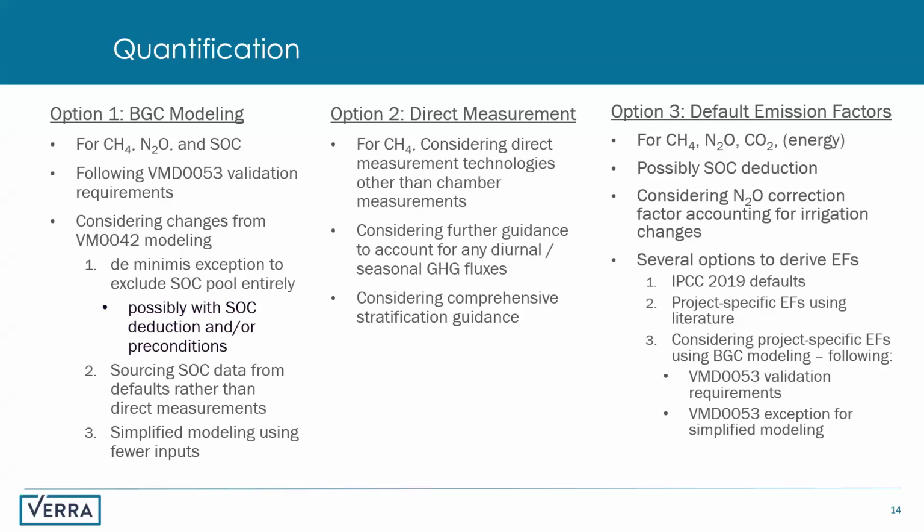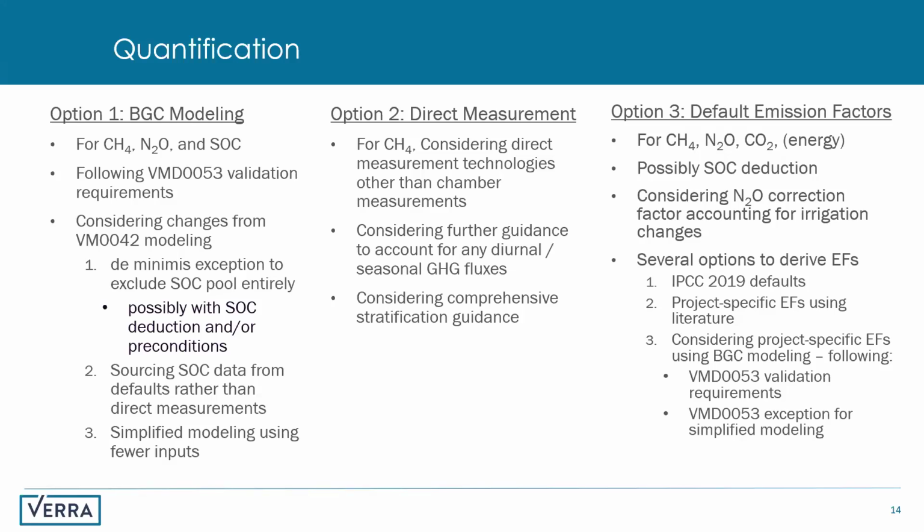For example, if there are specific practice changes that we think actually might impact SOC materially, but everything else doesn't, then we might say, okay, as long as you don't do this one particular practice, then you can treat SOC as de minimis. We may also have to include a default deduction for SOC. For example, even if there's de minimis SOC changes expected and we want to exclude those to simplify the accounting, we may include a de minimis deduction for SOC just to make sure we're conservative.